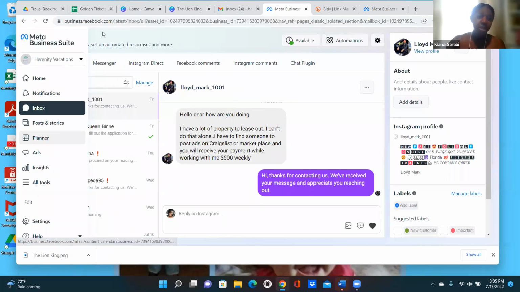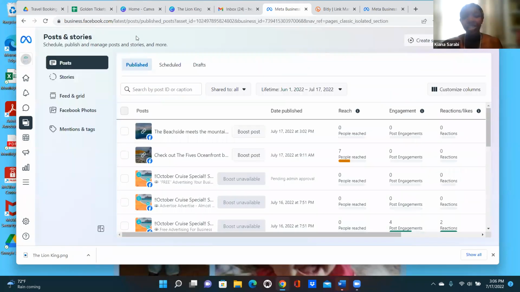And the good thing about the Meta Business Suite also, it has an app that's downloadable on your phone or tablet. So if you're on the go, you're able to access this information as well. Now this tab for posts and stories, this keeps track of all the posts that you have, as well as the stories. Now earlier I told you